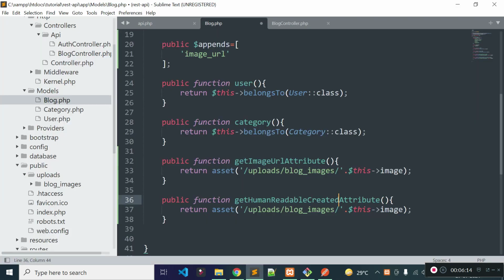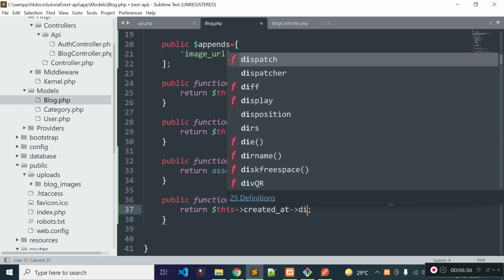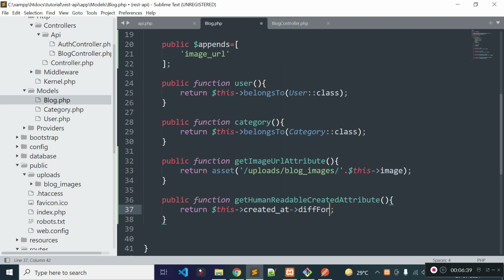Human readable time is like this: the blog was created 5 days ago, 2 minutes ago. These are human readable times. So I will return an attribute from this blog model. We can get human readable time from created_at this way: this created_at, and then diffForHumans. Okay, this will return us human readable times for the blog creation date.